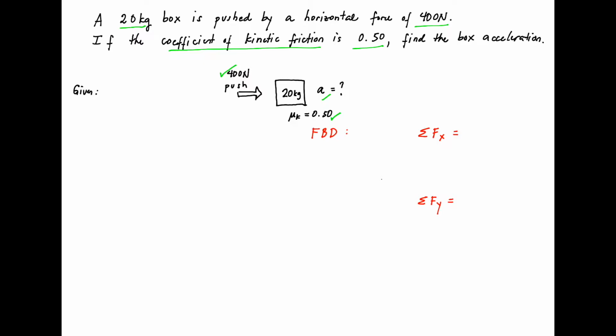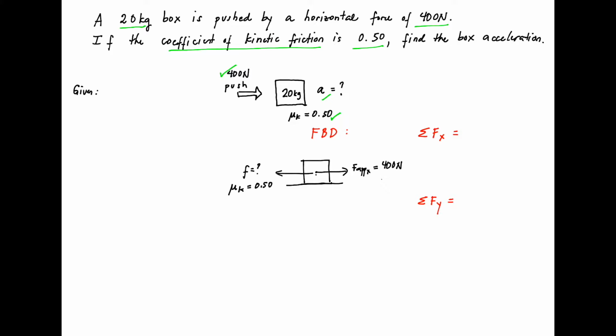Now, if you're going to draw the free body diagram, it will look like this. We have the applied force, so we simply label it as F applied in the x direction. So we have 400 Newton. And if there's an applied force, it keeps on moving in this direction. We have here the frictional force, which is basically unknown, but we have the coefficient of kinetic friction, which is